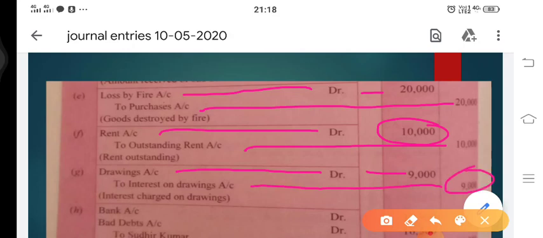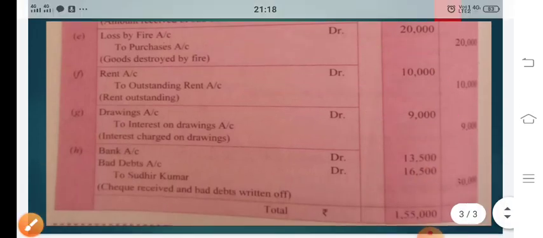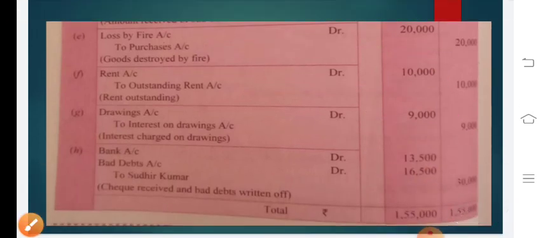The next point, that is the last point we have, is Sudhir Kumar, who owed me rupees 30,000, has failed to pay the amount. He pays me a compensation of 45 paisa in a rupee by check. What happened? There was a person called Sudhir Kumar. He somehow is not in a position to pay his total debt, and that is why it is decided that if he was supposed to pay someone 1 rupee, he'll be paying